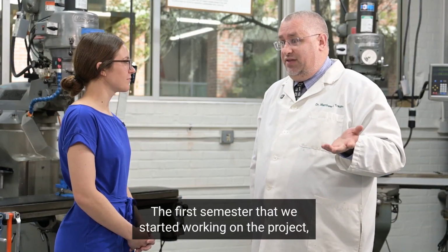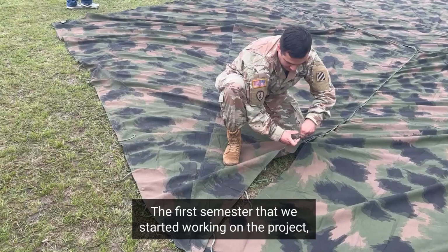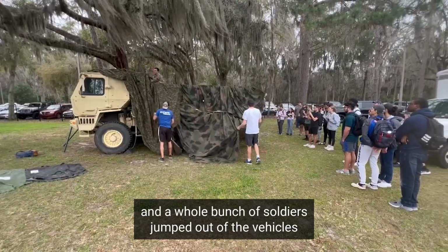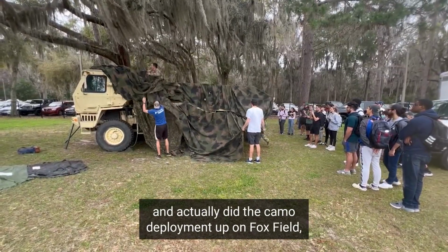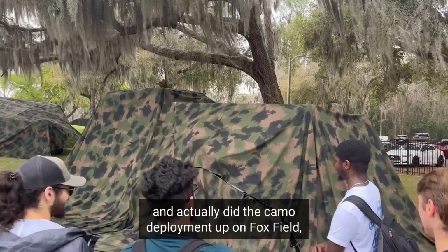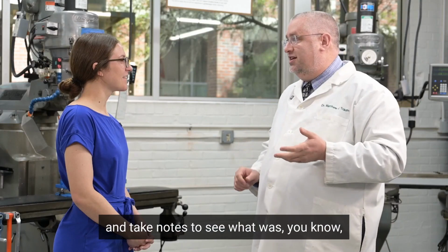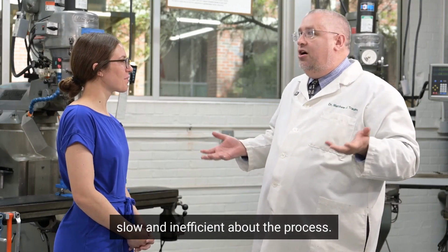The first semester that we started working on the project, they actually brought a whole fleet of vehicles and a whole bunch of soldiers jumped out of the vehicles and actually did the camo deployment up on Fox Field. So then the students could take videos and pictures and take notes to see what was slow and inefficient about